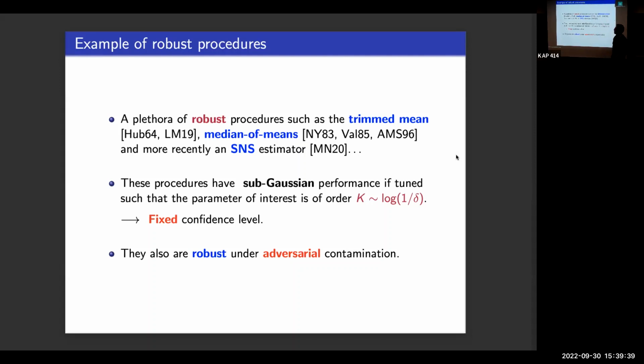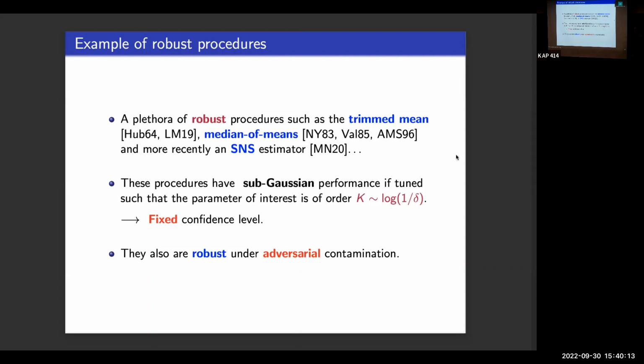And then with stats, we worked on a different approach last year, based on self-normalized sums, which is a pretty intuitive approach to construct another robust estimator that improves on these two. It's also efficient, in the sense that it has the right variance corresponding to what you would have in the Gaussian case. So these are examples of how we know how to do things under this simple model, where we're just trying to estimate the mean in dimension 1. Everything is well understood.